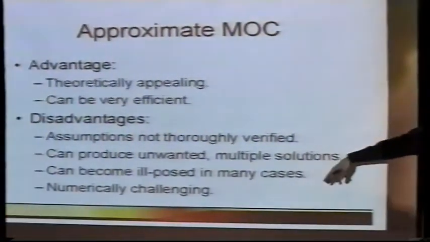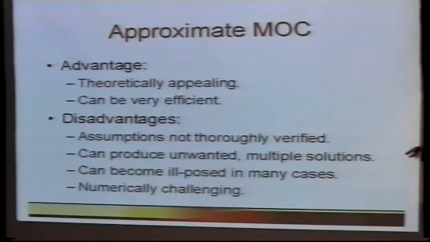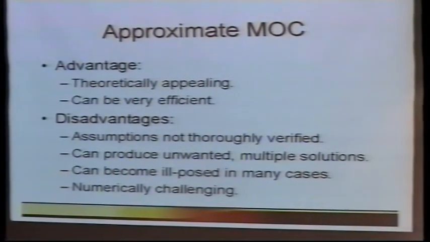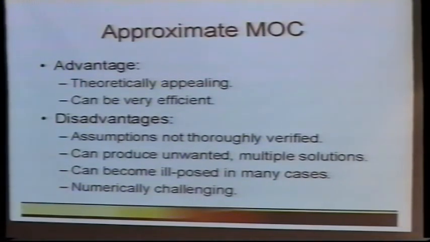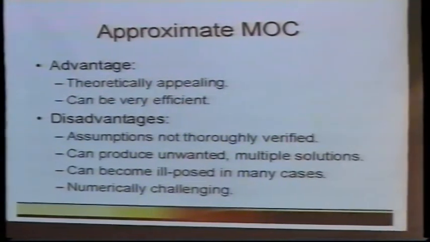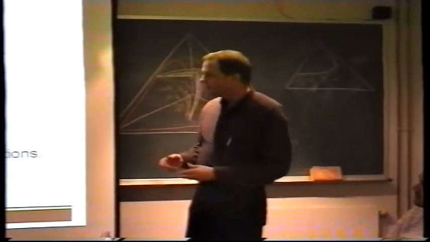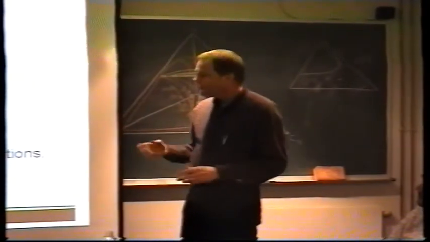And just like the rigorous method of characteristics, when you get near a critical point, whether it's the true critical point or one of these false critical points, the solutions become ill-conditioned, ill-posed. So that's a big problem. Also,